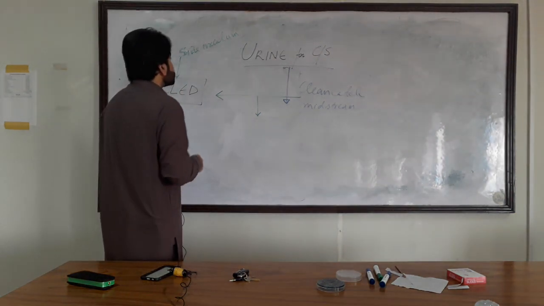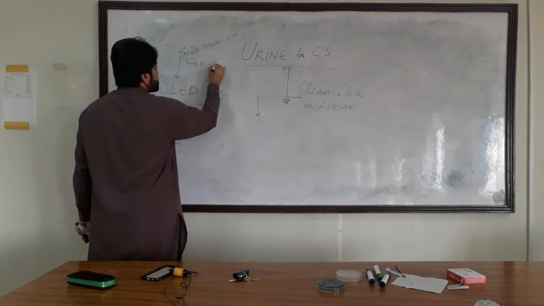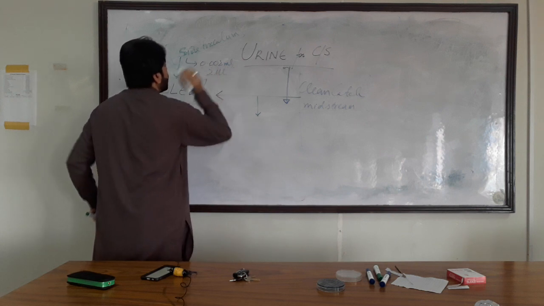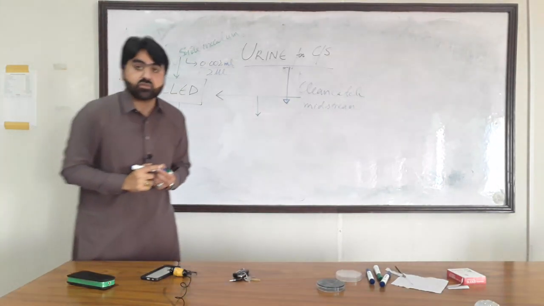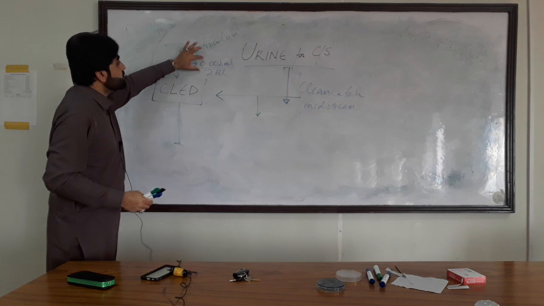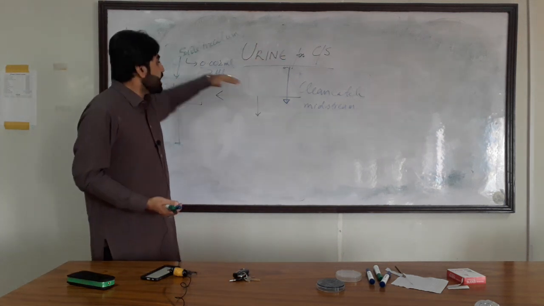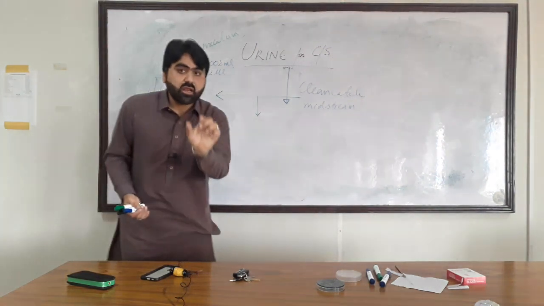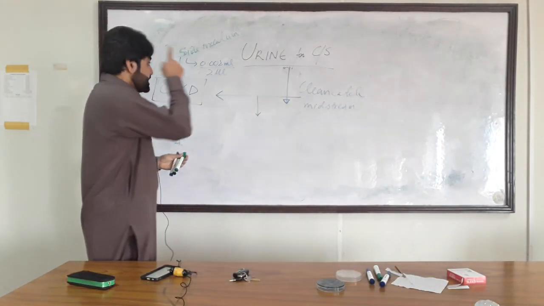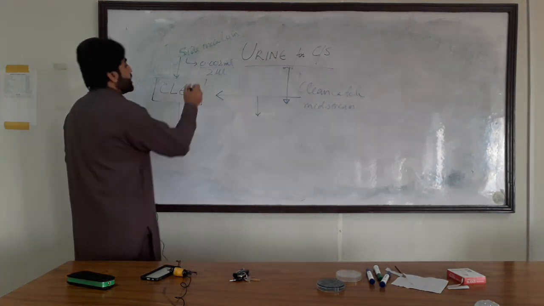So, the recommended size of inoculum for urine is 0.002 ml, which is equal to 2 microliter. So, in the case of urine, we take an inoculum of 0.002 ml of urine, or in simple words, we inoculate 0.002 ml of urine on the surface of CLED agar. This size of inoculum can be taken in two ways.